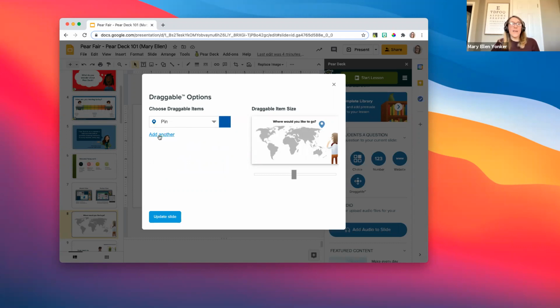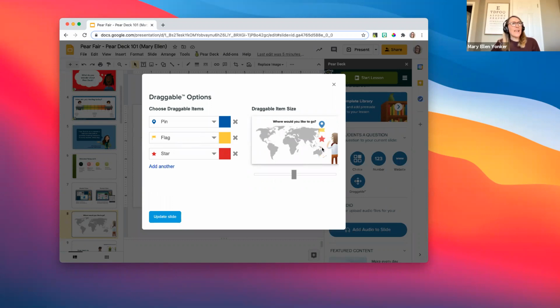I can add another one. It defaults to the same icon, but I don't have to stick with that. I can go and choose a different icon. And of course, I can choose a different color. And let's add one more. How about a star? All right, now that I have my icons, I could add up to 5 icons for the student to move around on the map, but I'm going to stick with 3.